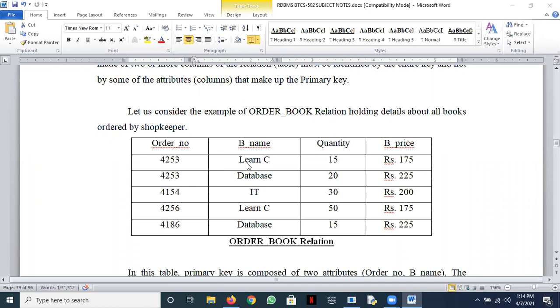Okay. Any other answer? You can try. You see, the book price, listen Abhijit very carefully. Is the price dependent on the order number? No, sir. The price of the book is dependent on the book name. On book name, sir. Yeah, okay. Similarly, the quantity. So these two things, you see, the book price is dependent on book name only.